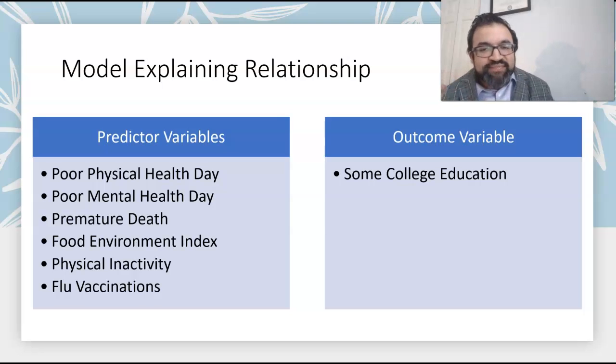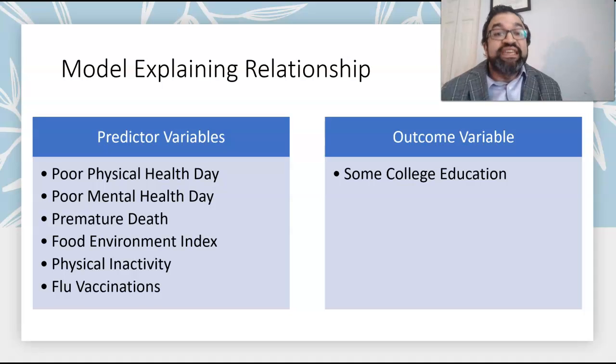So what does this predict? This is, for one of the first times, showing that we had data at the county level. So this is posing the question: is there a relationship between different types of health status, between different types of community level indicators, and the outcome of education? So we're saying that if there's a relationship, then if some physical health and mental health areas are addressed, we can expect the community as a whole to have better educational attainment.